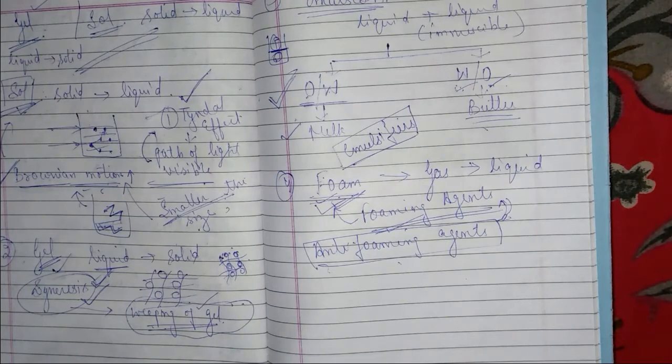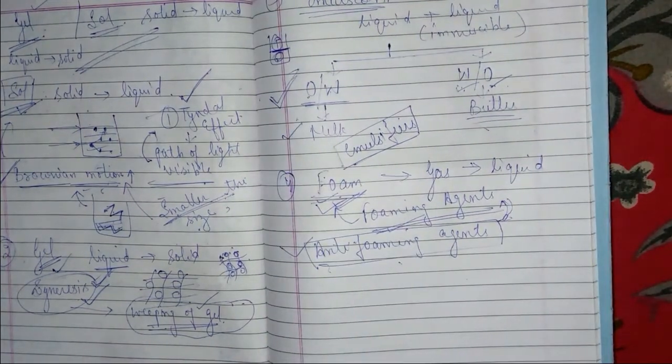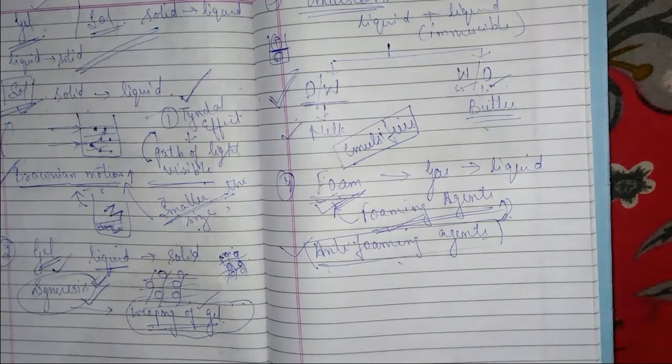There are certain instances in the food industry where we do not require foaming to take place. For example, when we extract fruit juice, when we make concentrations of fruit juice, during coffee extraction, during vegetable oil or syrup making, or in various fermentation processes. In fermentation, a lot of carbon dioxide gas is released, so a lot of foaming takes place at the surface. We need to stop foaming in those stages. At that point we need anti-foaming agents, so that the quality of the food is not deteriorated by foam.